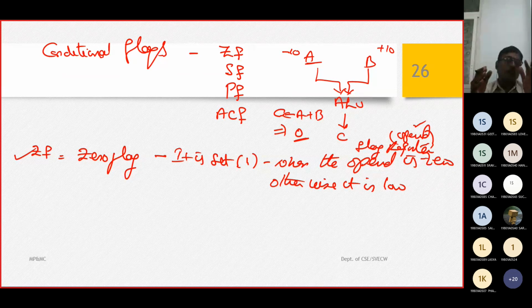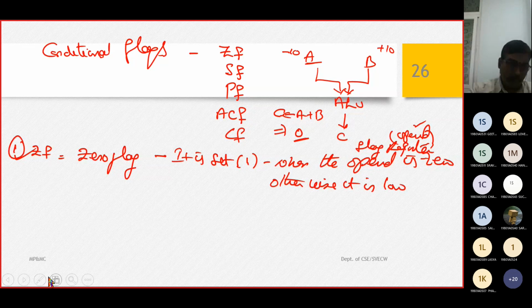So you added 2 values. If the resultant was 0, then the zero flag will indicate it as 1. So why are we doing this? Because an empty register is there and all the values are zeros, so the CPU may not distinguish it. Based on the zero flag, we are going to put up this conditional flag. The very first conditional flag we are going to call the zero flag.